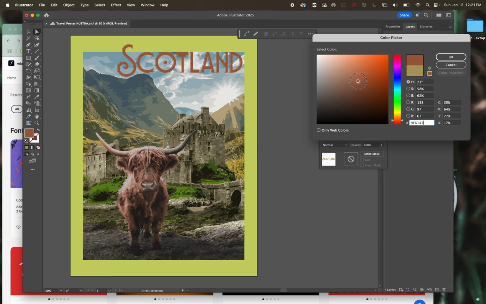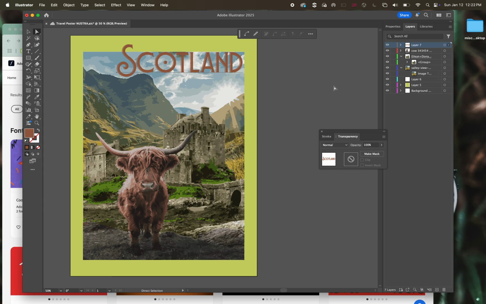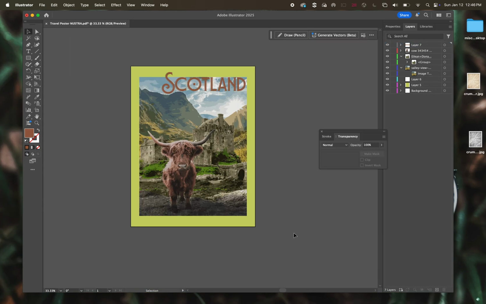Okay, I kind of like it mimicking the color of the cow. Maybe make it a little bit more intense. But think of how it works with the rest of your composition. The idea is to keep similar colors so that there's a connection. They're not all over the place. All right. Click OK. Now, you're going to add a paper texture, a sort of vintage crumpled paper texture